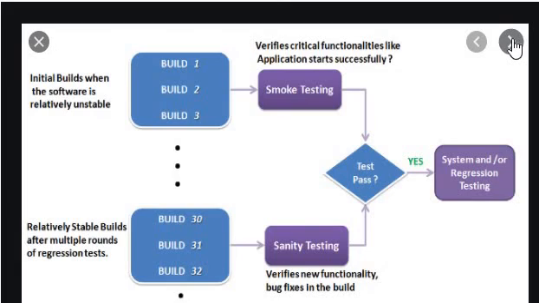Both smoke and sanity tests can be executed manually or using automation tools. When automated tools are used, the tests are often initiated by the same process that generates the build itself. As per the need of testing, you may have to execute both sanity and smoke tests on the software build. In such cases, you will first execute a smoke test and then go ahead with sanity testing. In industry, test cases for sanity testing are commonly combined with those for smoke testing to speed up test execution. Hence, it's common that the terms are often confused and used interchangeably.